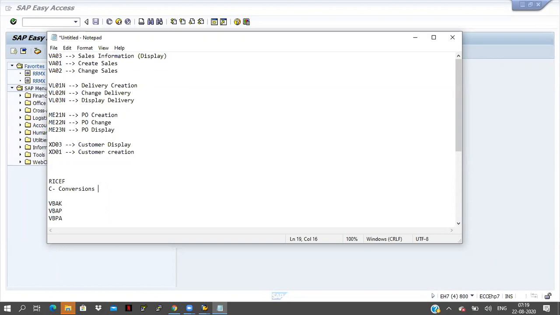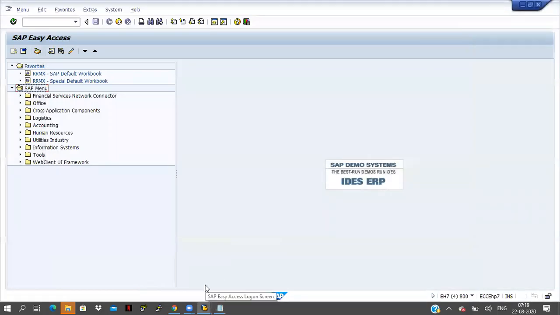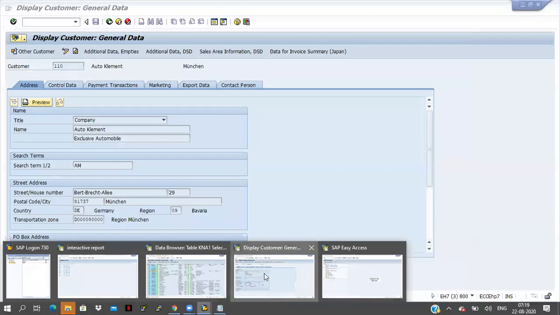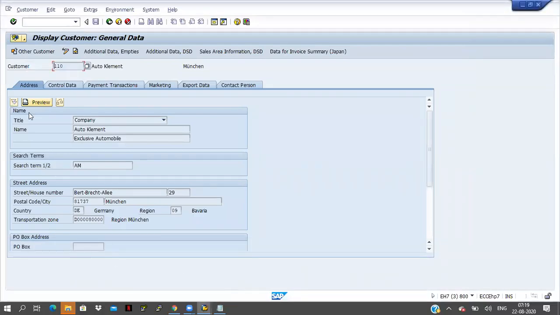In the meantime, I will get to the functionality, how it is working in this system. That will depend on the system and functional configuration. The functional guys will tell which data we have to take there. I will take help from the functionals and ask them how to enter the data in this system. As of now, customer information I can display in XD03. So this is the XD03 transaction. I'm displaying customer number, customer address, these are things I'm getting in XD03. The same way here also.